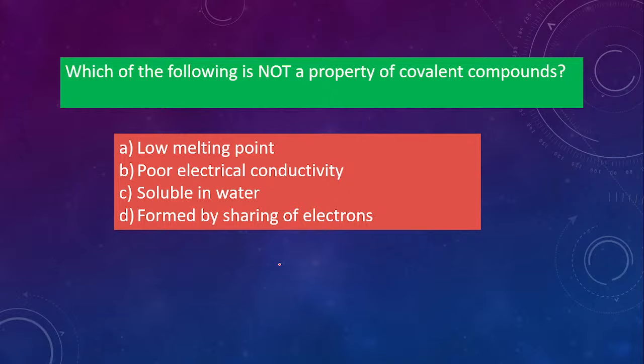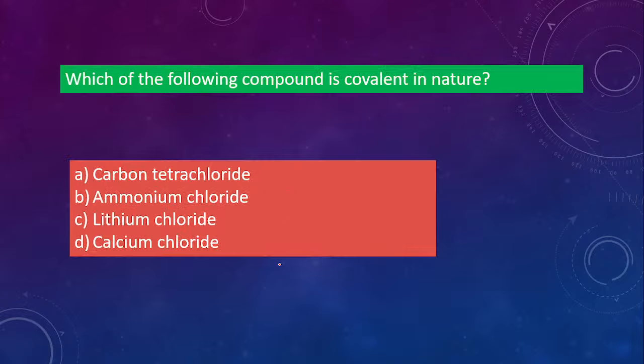Okay, so option C is correct. Very good, Sujan. Soluble in water, that is not a property of covalent compounds. A covalent compound has a low melting point, does not conduct electricity, and forms by sharing of electrons. It is not soluble in water. So covalent compounds are generally not soluble in water. Next one,